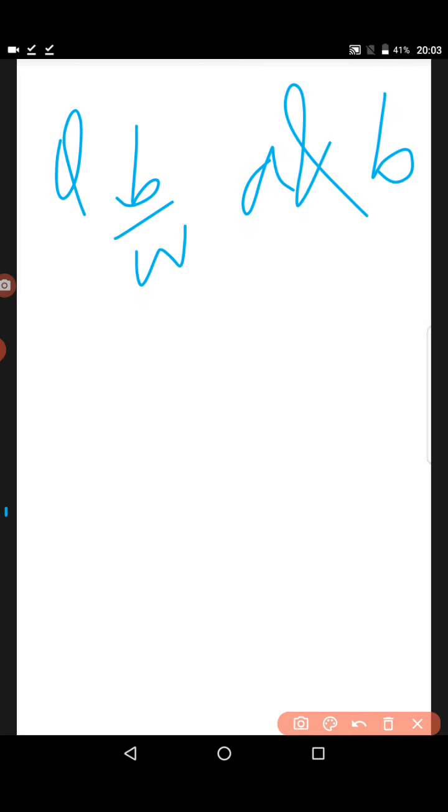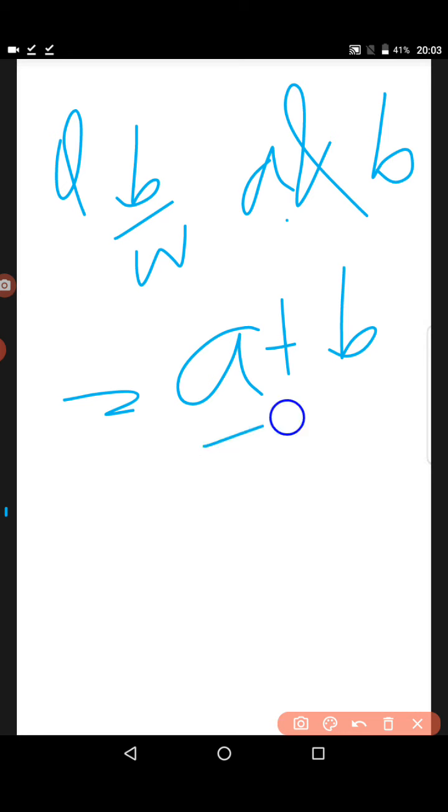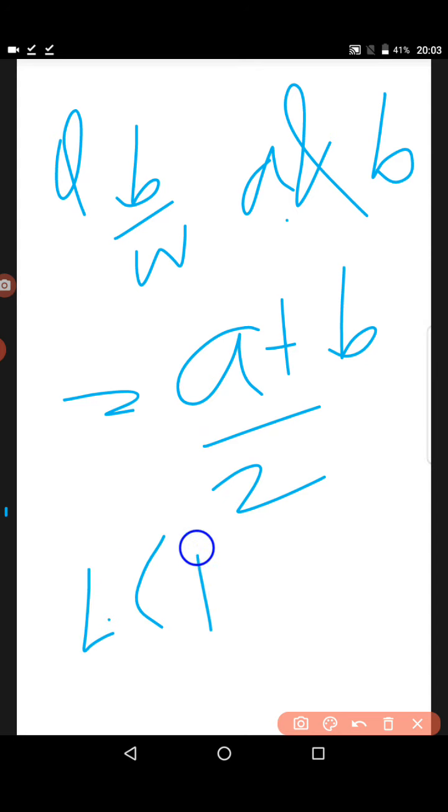Before moving on, we have one more small topic. How to find rational numbers between some letters like A and B. If I have these two numbers, the formula is (A plus B) by 2. But before doing that, your denominators must be the same. If they are not the same, take the LCM. We already know what LCM is, right? So that is how you need to find rational numbers.